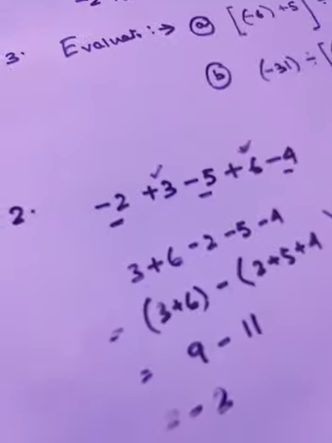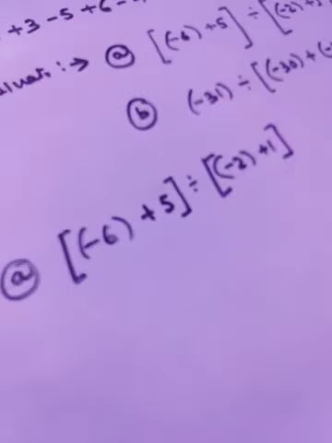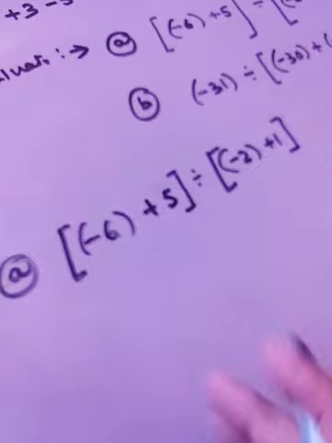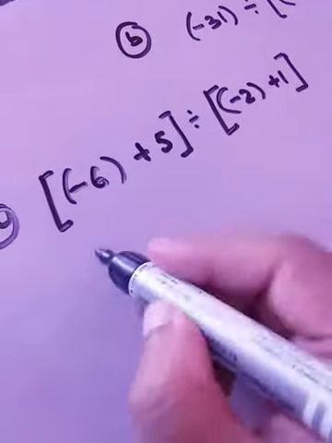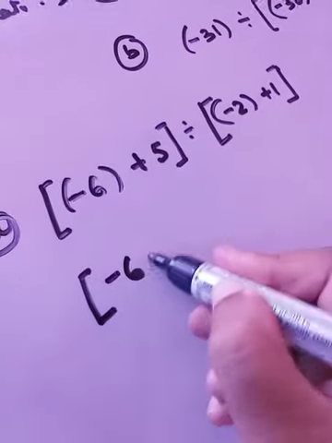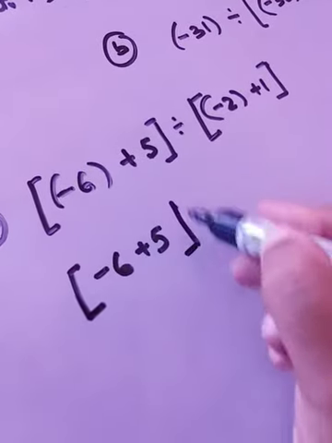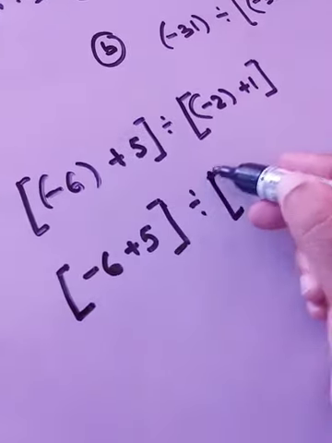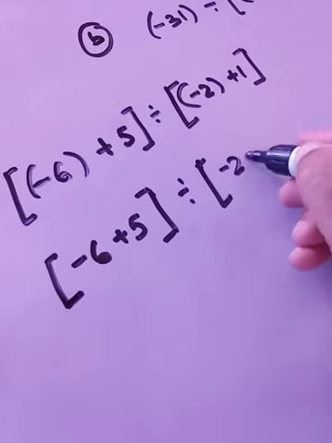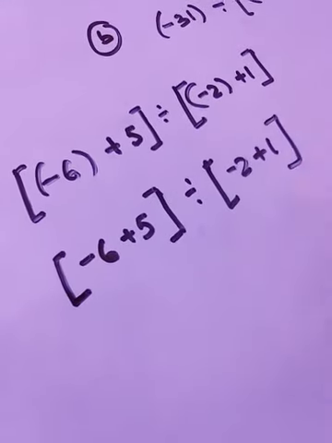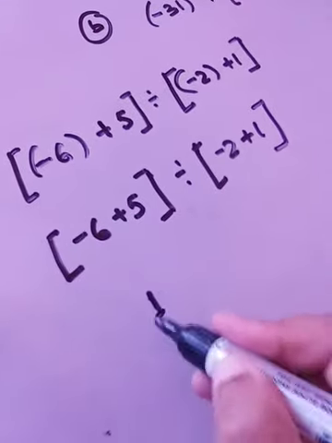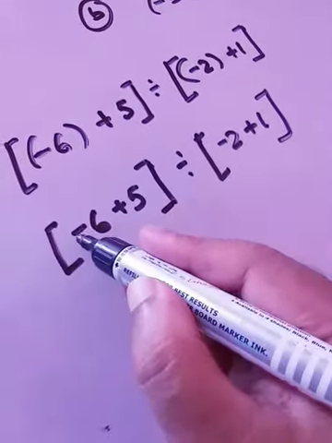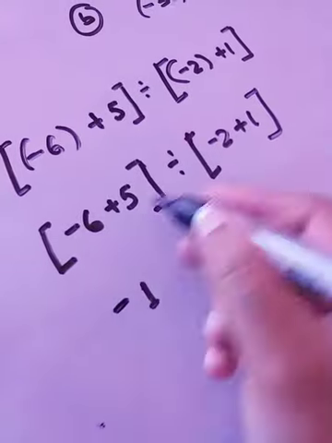Okay, so let's move on to sum number 3. This is the first sum. Now the first thing we'll do is solve the two brackets. Okay, so just open this. Minus 6 plus 5, give the square bracket. Again we'll open this parenthesis bracket, that is minus 2 plus 1. Okay, so minus plus is what? Minus. 6 minus 5 is 1, isn't it? Which number is greater? 6. 6 is carrying what sign? Minus, so we'll put a minus sign. So this is how you have solved this bracket.